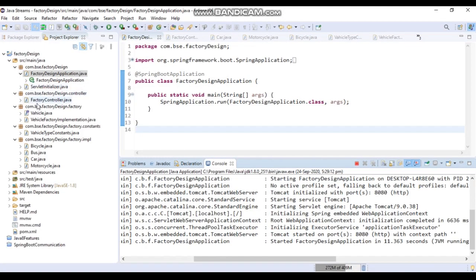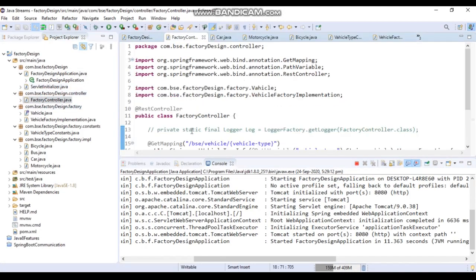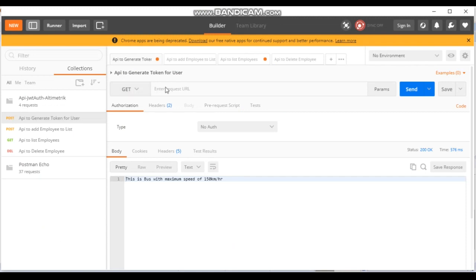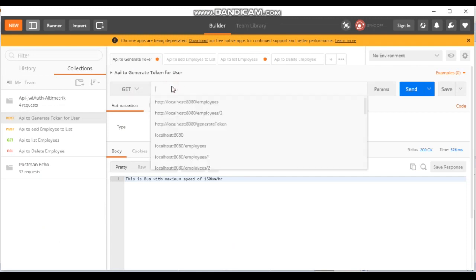Okay, so we will go to the controller. This is the fixed URL part, which is BSE, that is being software engineer, slash vehicle. And this is the variable, vehicle-type. So we'll take this complete one, and then we'll go here and hit the request. It is a GET request.